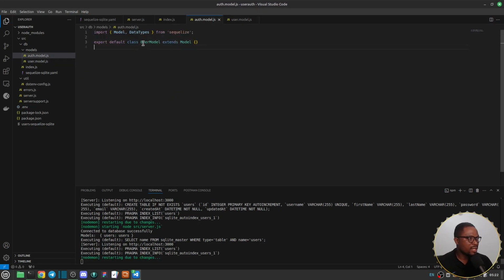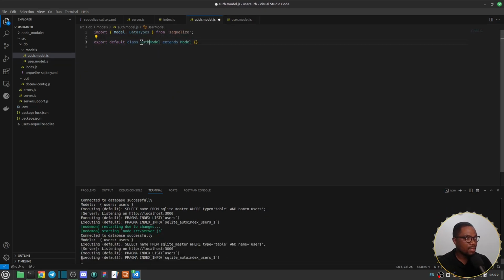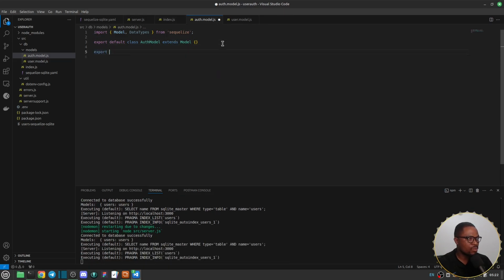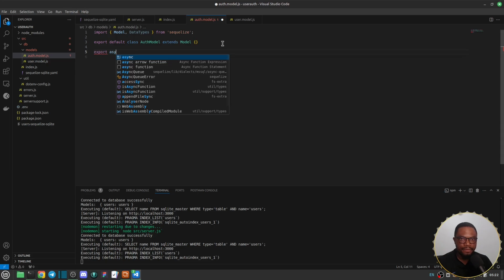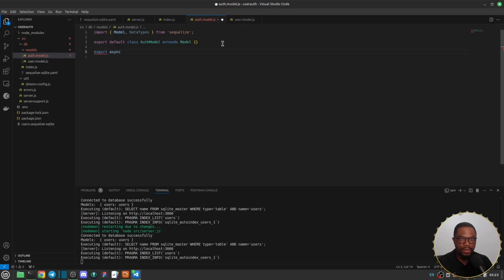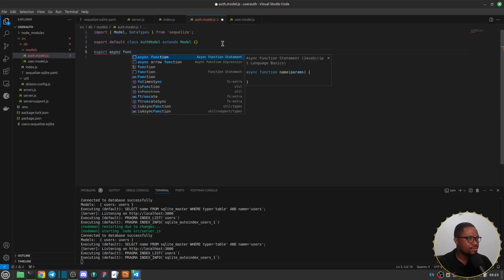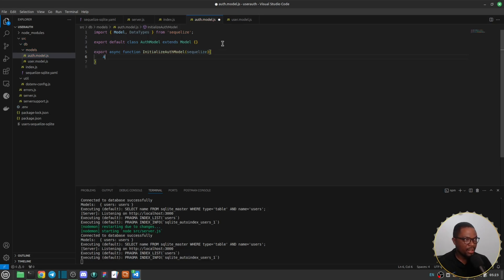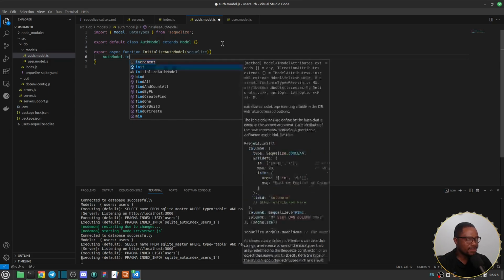This is here, but we'll call this auth model, and let's say export async function. I'll call this initialize model, and going to take in a CLI instance as a parameter, and then we'll say auth model dot init,